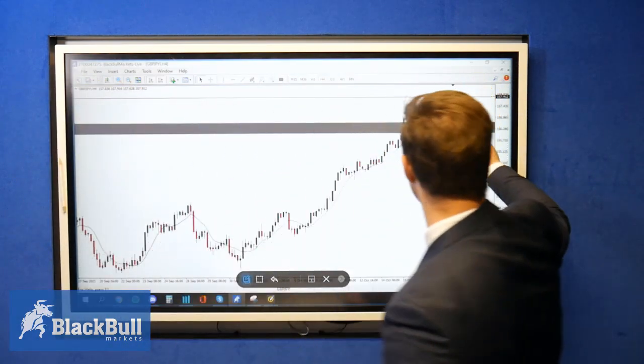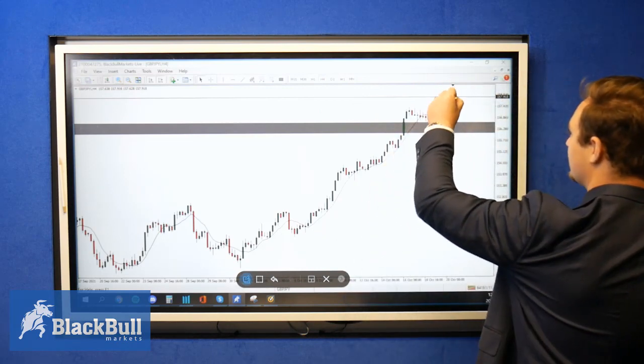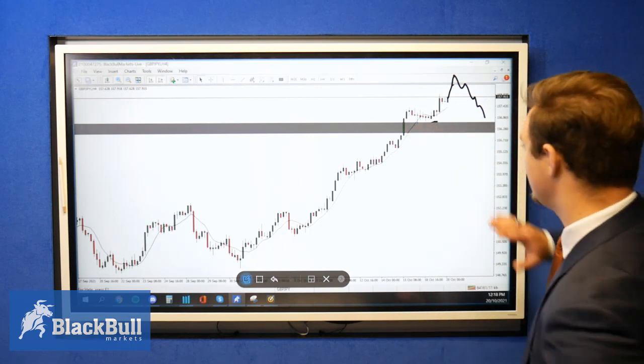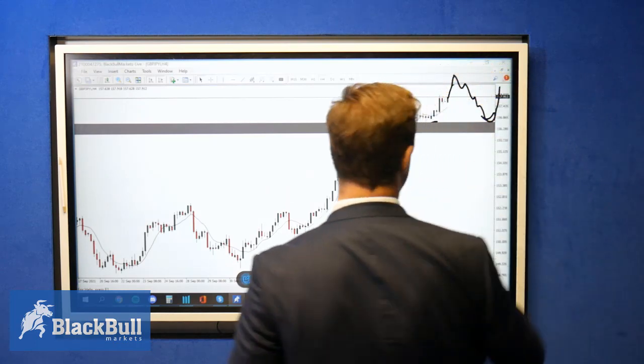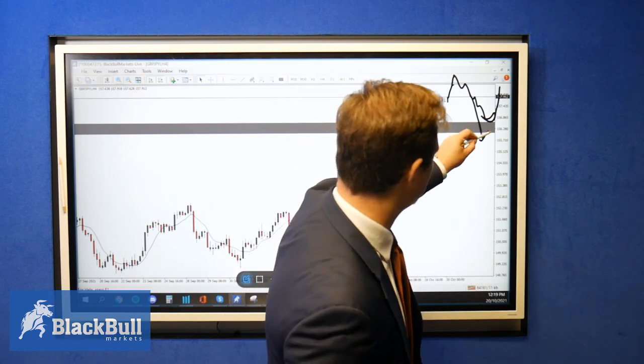So what we want to see for the market, for us to jump back on board, is to see the market push back down, regardless of how high it goes. We want to see it push back down to this support/resistance zone for potential rejections, and then we can perhaps look at getting back on the train to the upside. However, if we break past below the zone, we need to start looking at rejections against this to push it